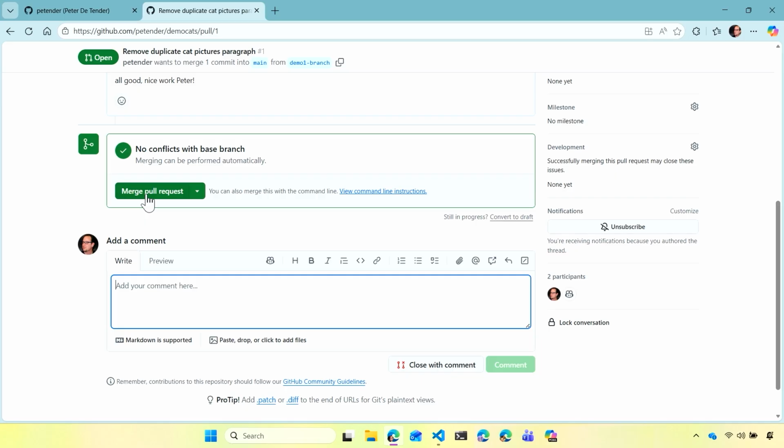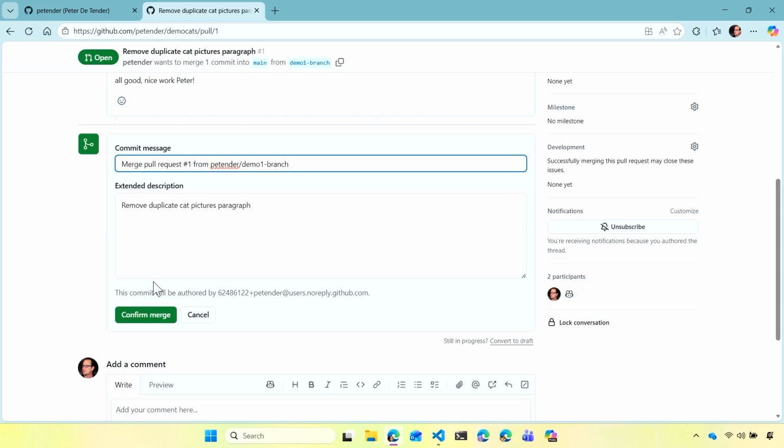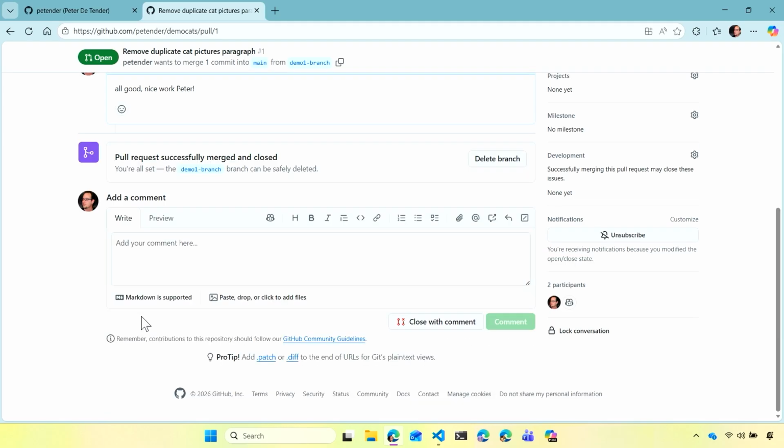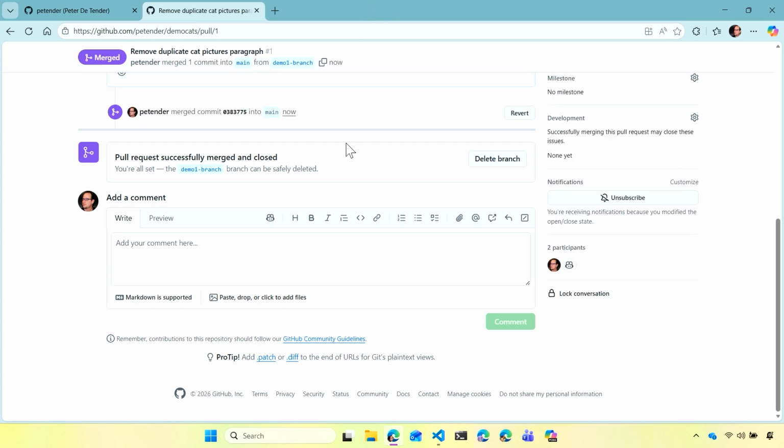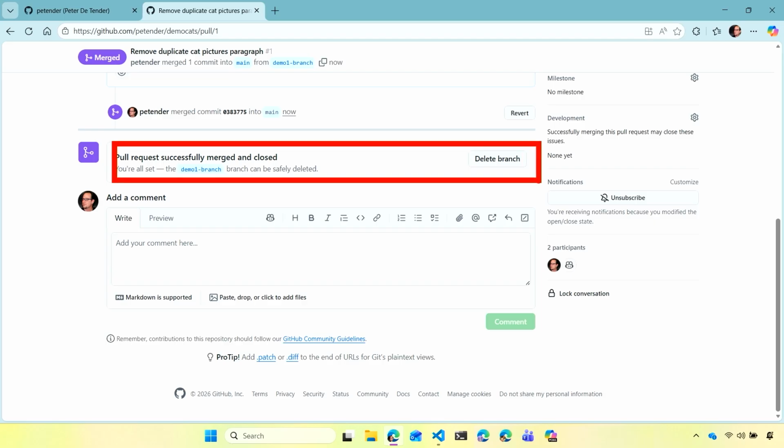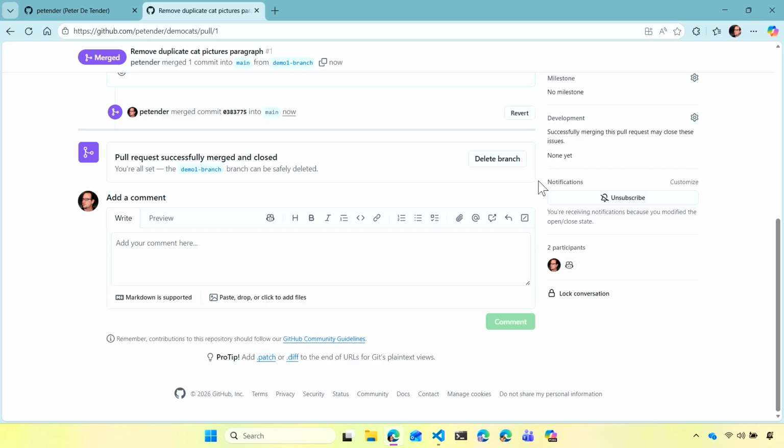Where again, the merge means we're going to bring those two changes together. I'm going to confirm. And then from here, the last step is optional, but now you can decide to delete that branch. This is all GitHub browser based, so I'm going to show you quickly the same process, but now triggered again